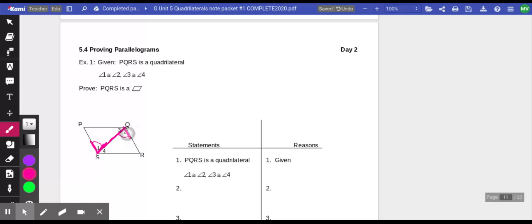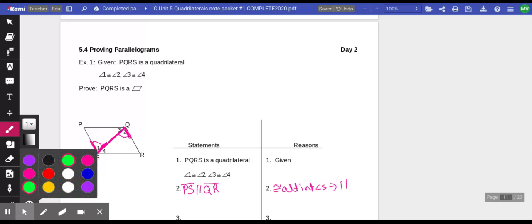And then the other part of those angles, which is PS and QR, are parallel because alternate interior angles congruent, so congruent alternate interior angles implies parallel lines. Now, if I do the same kind of thing with angle 3 and 4, which are also congruent,